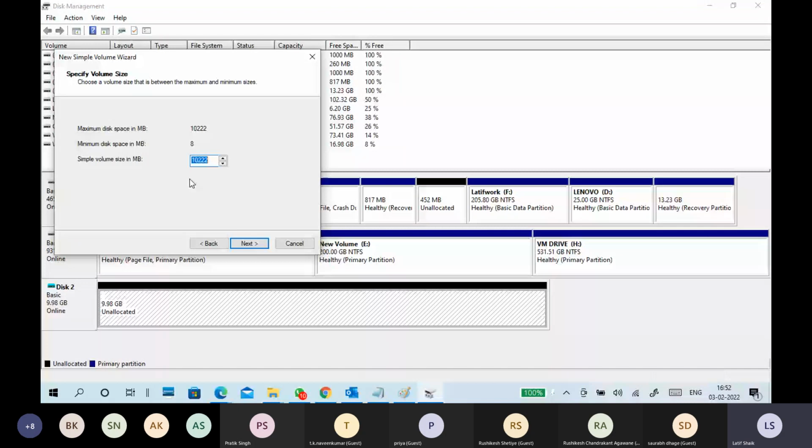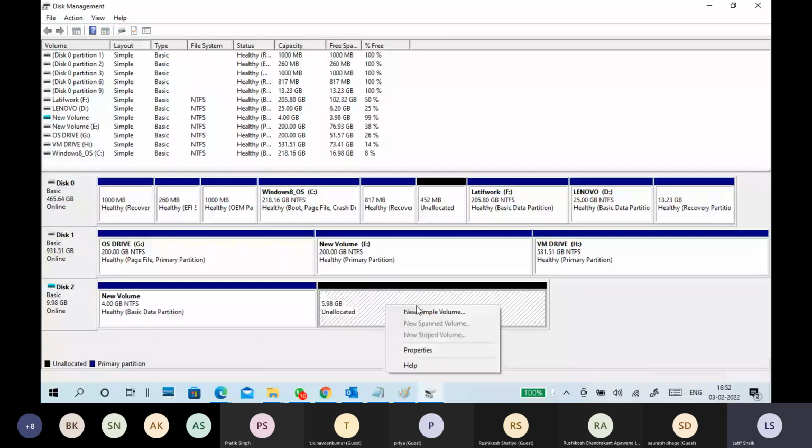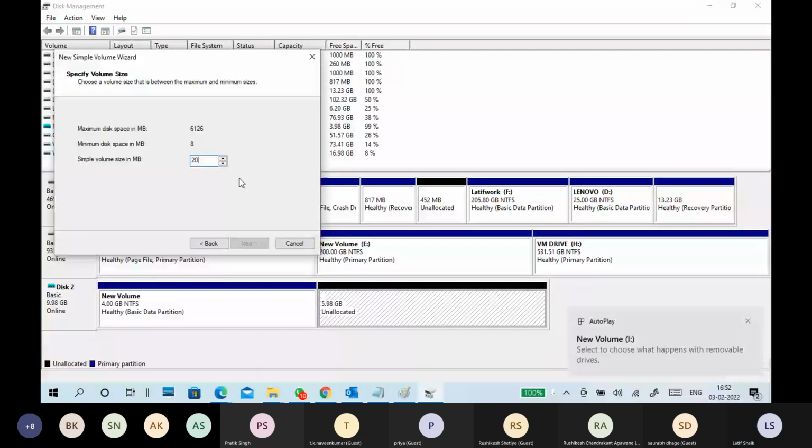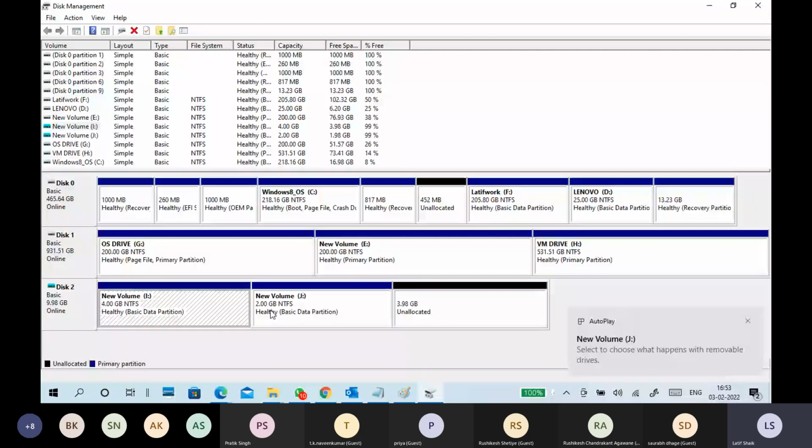The 4096, for example. A 4 GB partition, because it's very small now. So that's why I put a 4 GB partition. See. If you want more, like another 4 GB, 2048. I created a 2 GB partition. So what will happen? We'll see. Okay, see, this is the I drive, J drive, 4 GB, 2 GB, and still we have 4 GB.